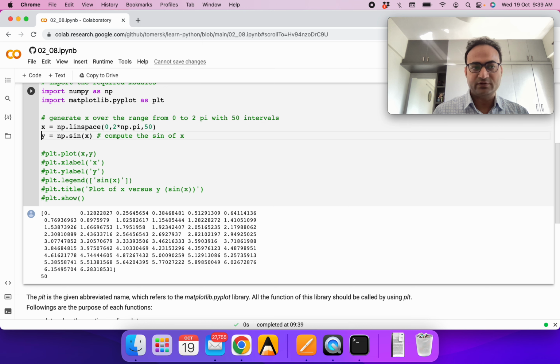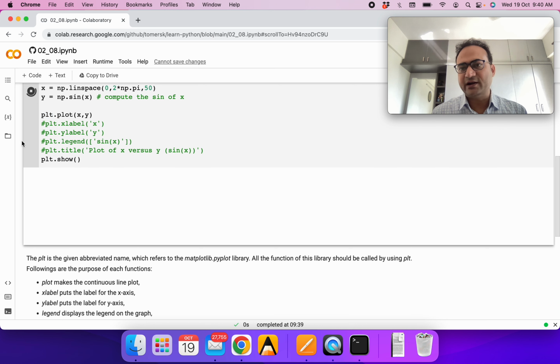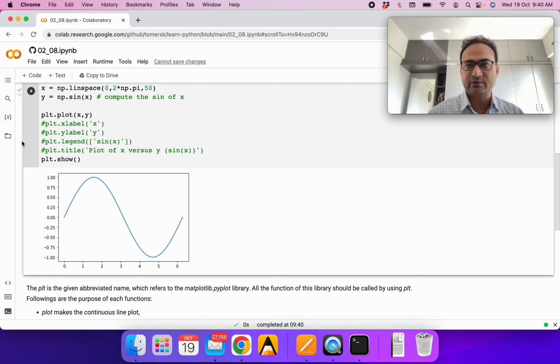Now we can simply compute the sine of it. We can use np or numpy, sine from the numpy library. So we are calling it np.sin, and then we can give the value of x, or theta, or the angle. To plot it, we will use the plot function of the plt library. plt.plot(x, y). By default it makes a linear plot. We will see what this linear plot means. I prefer to use plt.show, but it's not really required in Google Colab, though in some libraries it will be required. So you can see a very nice sine plot.